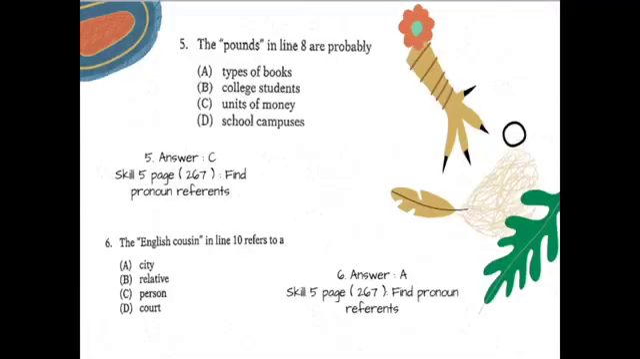Okay, next number 5. The points and land egg are probably A. types of book, B. college student, C. units of money, D. school campus. The correct answer is C. Units of money. You can use skill number 5 in Longman book page number